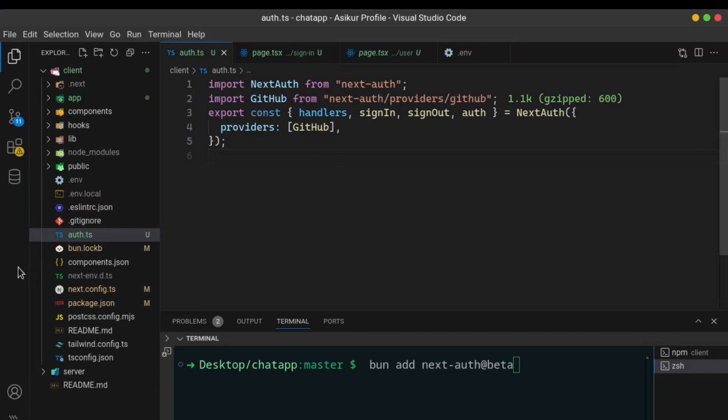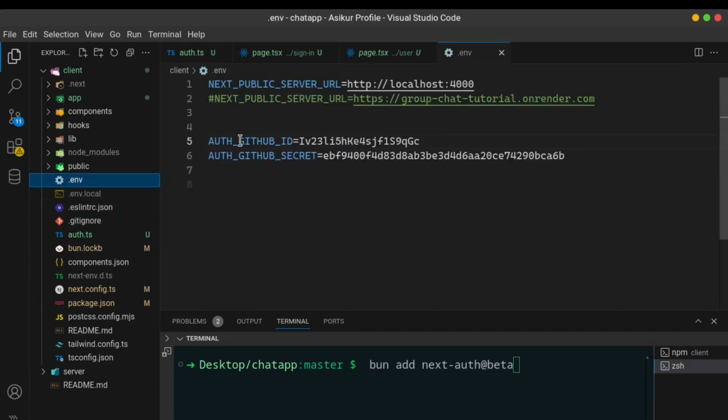So we are using a special type of name. We don't need